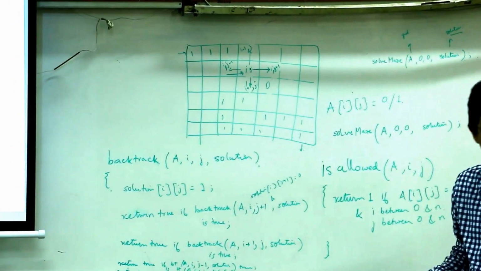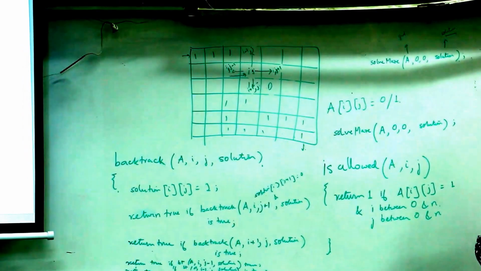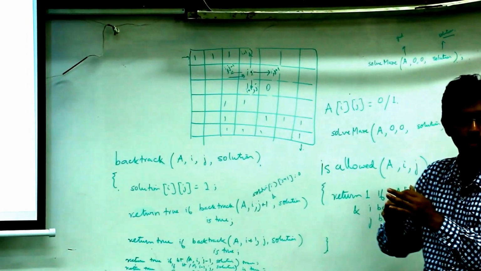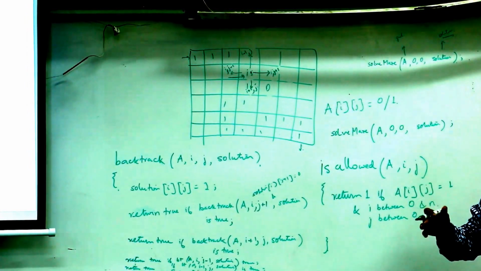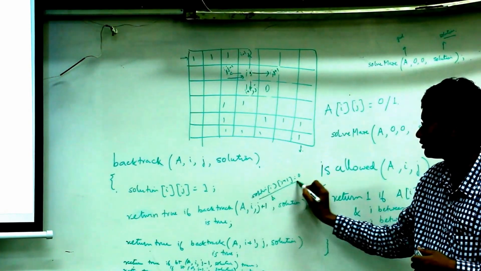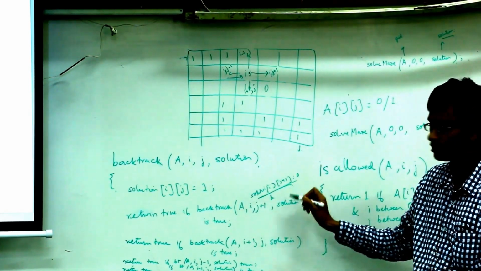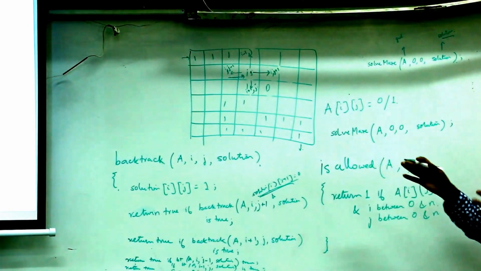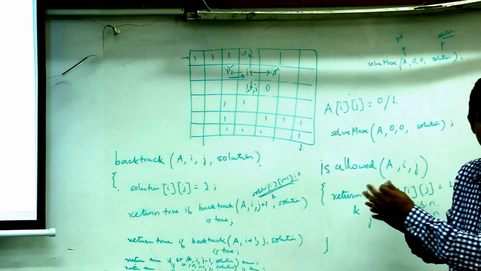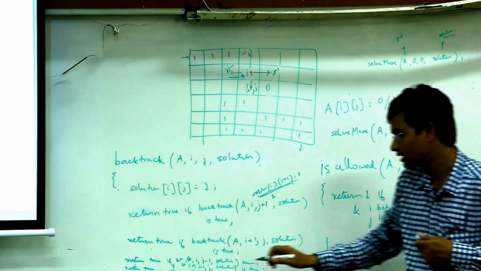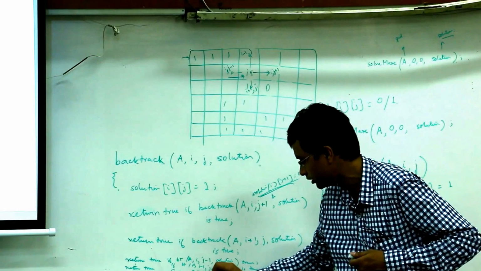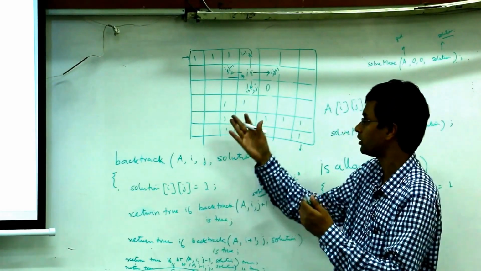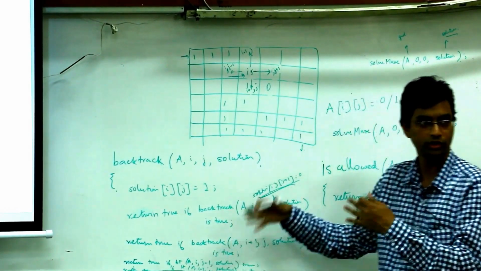And as you said, if one of the cells is already being stored, whenever you call this, you have to make sure that the cell which you are calling has not already been visited. One possible way of checking this is the solution variable. Whenever you make a call, you have to check that the solution of that cell should be 0, which means not yet visited. Then only you can make that call. And finally, this is the backtracking step. Since you failed for all of the positions, you have to backtrack from this point, which you do by setting solution ij to 0.